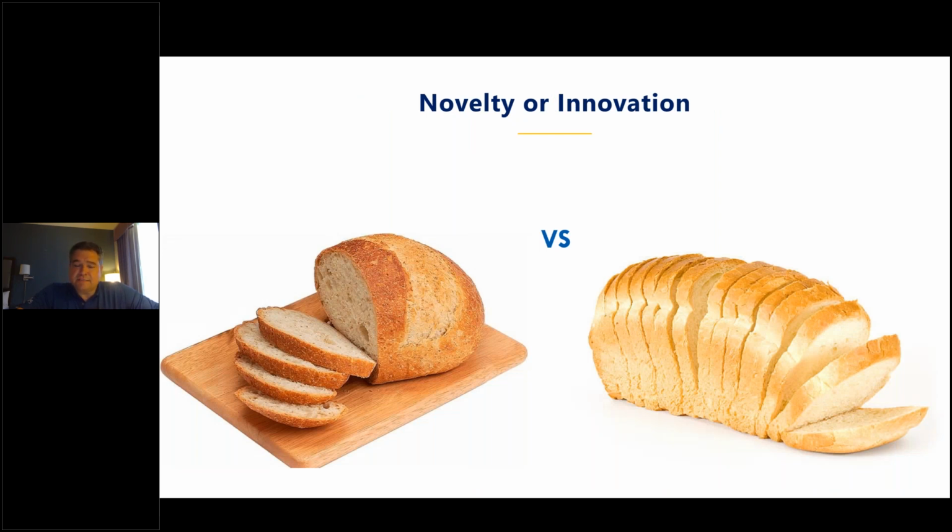It was one of those things that people were arguing that once you slice the bread, it would become stale, that it was much harder to handle from the bakeries to the stores, and no one really bought into it. They were just as comfortable slicing their own bread at home, so there was really no innovation that came from that. And so, unfortunately, the inventor